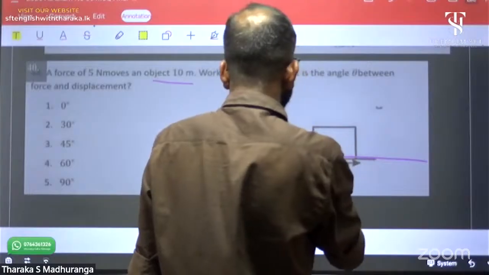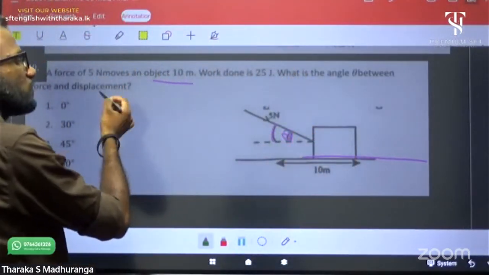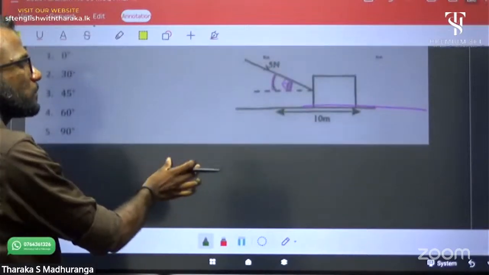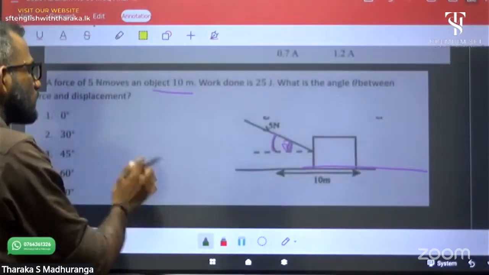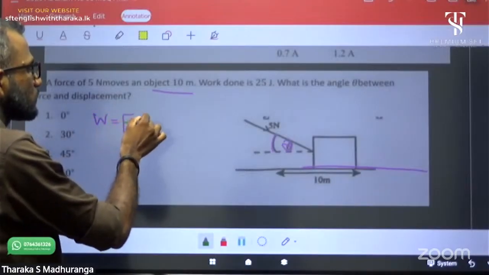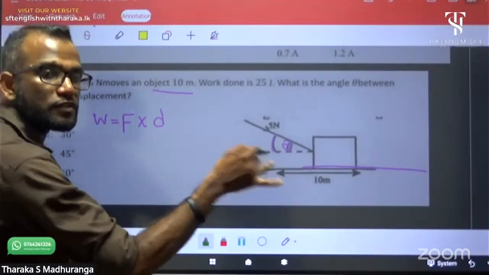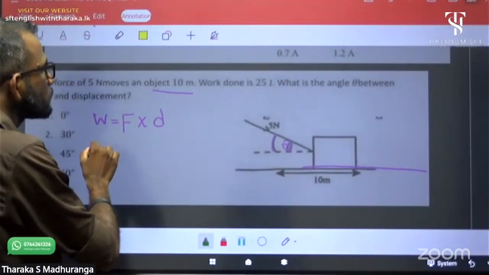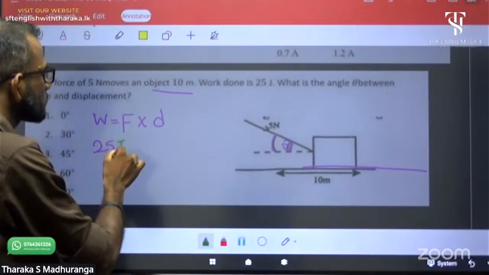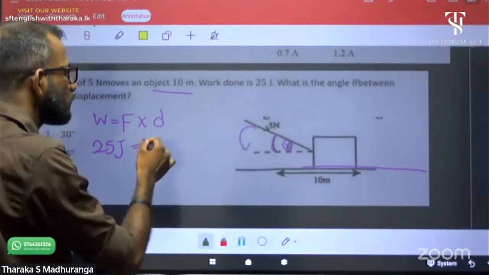The angle theta is asked. Work equals force into displacement in the force direction, right? Work equals 25 joules. The force 5 you have to resolve this way, 5 cos